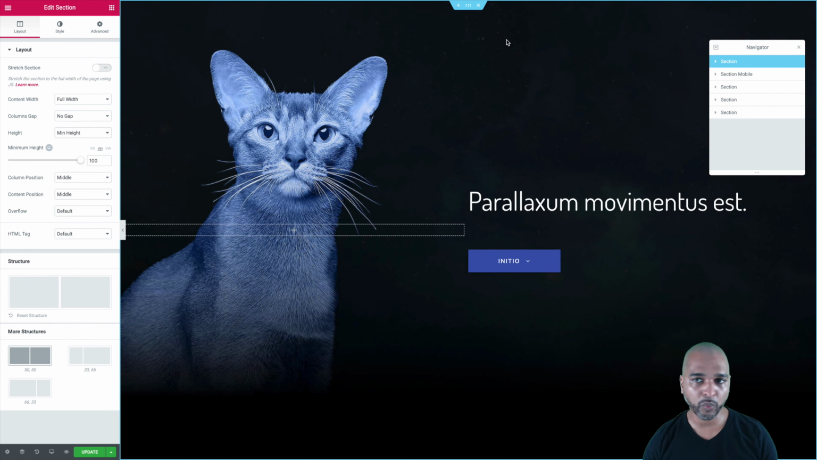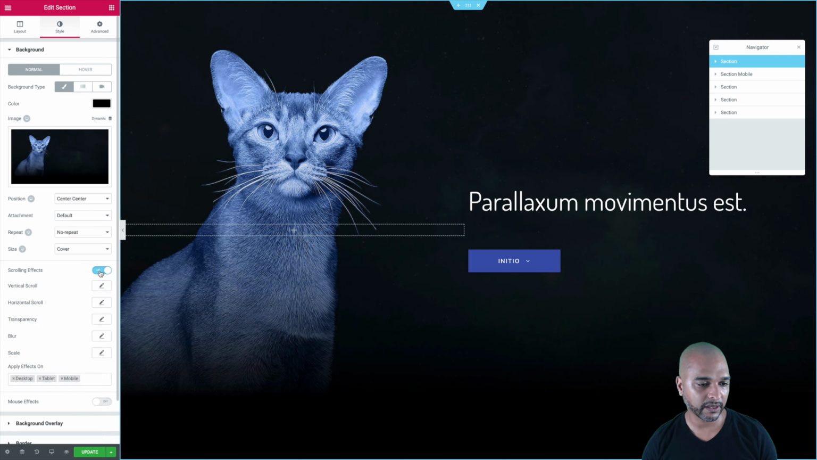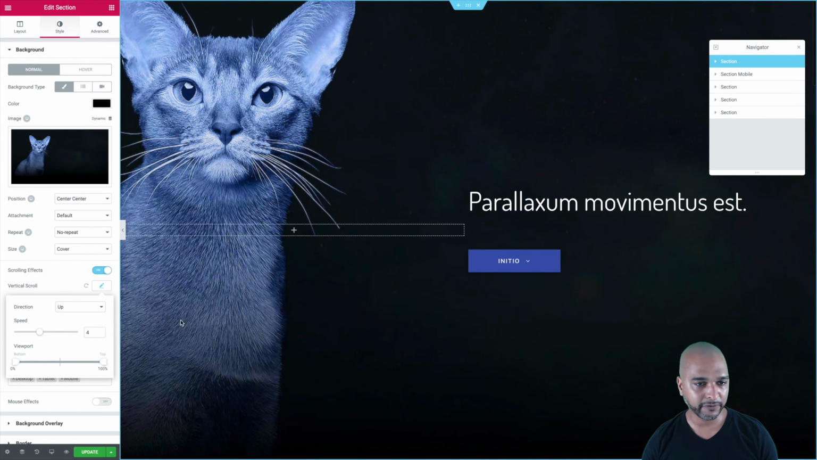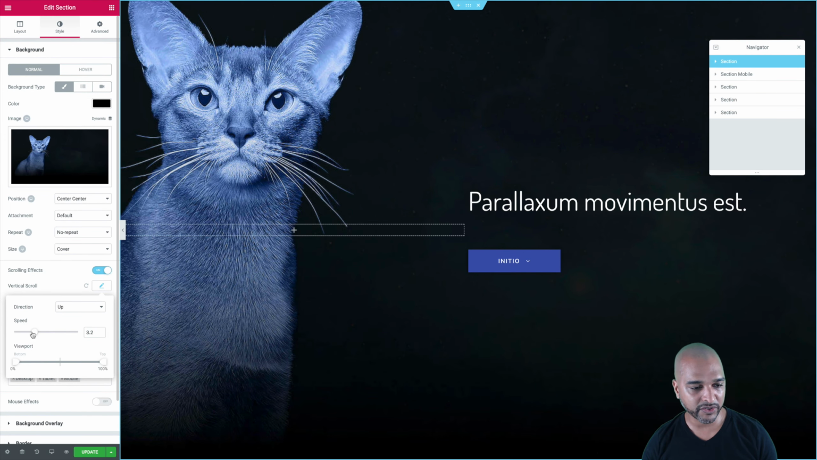So once you've selected the section, go to Style. Then underneath the background, you see scrolling effects and mouse effects. So for this one, we're going to use scrolling effects. So just switch it on. And then we're going to use vertical scroll. So by default, it's on 4, and let's say you want to make it more subtle, then you can change